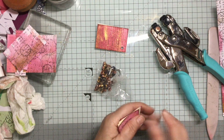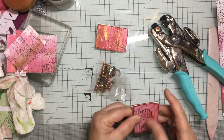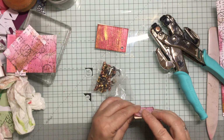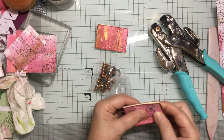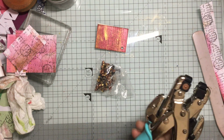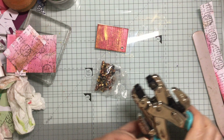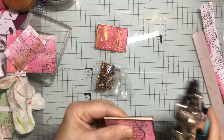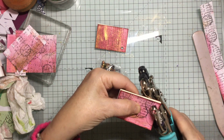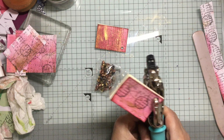I'm going to do this one with the hole first, and then I'll do both of these at the same time. So I'm just going to take that in, see if I can get that out. I think it probably will stick in there because it's a bit damp, isn't it? Let's see if I can push this one in anyway. You can see I've got a little one in on there, but that's fine. Up in there,